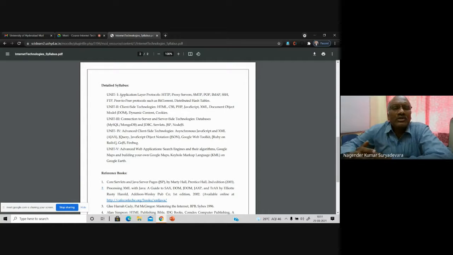Then we will move on to the client-side technologies, basically the user side, the user who is going to use certain technologies or programming tools or software which will help you to prepare, design and of course develop certain applications from your end, at the client side or the programmer side, and to communicate and fetch or retrieve certain data which is available across the network, on the other side of your computer networks.